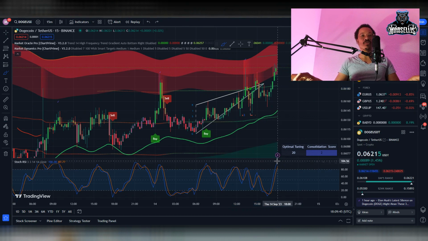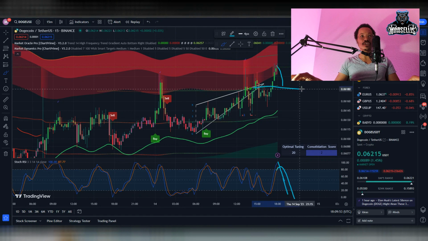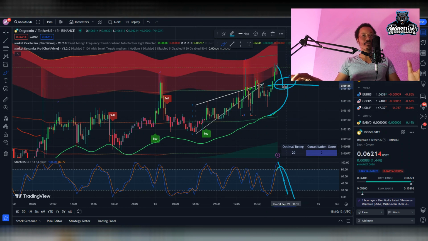But what it looks like here, you can tell the RSI is about to cross over, meaning that it's about to have a small drop here. And that drop is probably going to end up bringing it to this little green line for the Chart Prime indicators. Now, you can also see that this green line is also increasing at the same time. By the time Dogecoin gets to about 0.0618, it's probably going to end up meeting right at that support line. So that's probably where it's going to stop, right? And then from there, we should see another little increase inside the Dogecoin price,